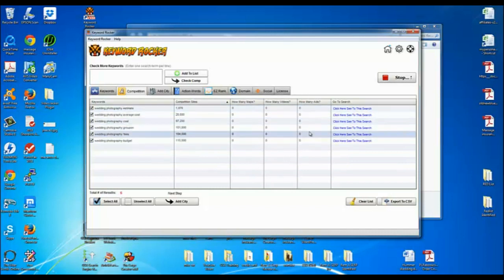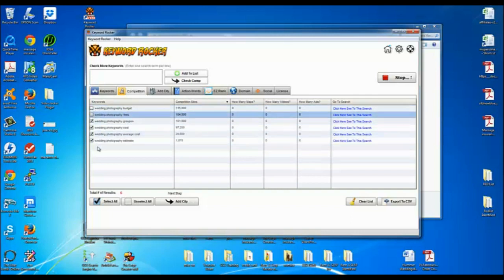It could change in the future where you have multiple YouTube videos for major keywords on page 1, but it's been that way for a while, so I wouldn't expect that to change. So I'm going to narrow this list down to 3 or 4, and I'm going to sort it by my most competitive at the top, and I would like to knock out the top 2 competitive keywords, and I'll keep that Groupon in there even though it's still over 100,000.